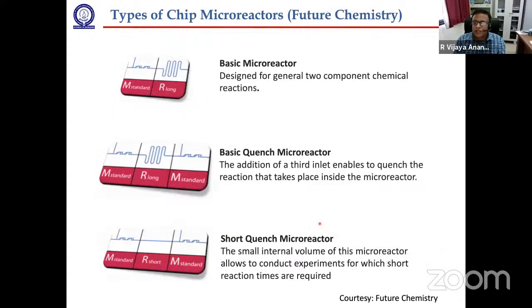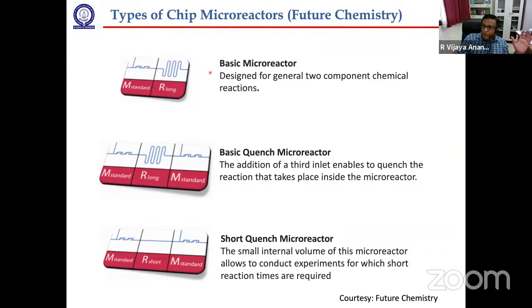So there are different kinds of microreactors available, and I'm concentrating more on lab-based development in this area. There are different types of chip microreactors available, and of course every company makes different microreactors. Just to inform you, I have picked a few. This is a basic microreactor. You have only two inlets, the mixing chamber is here, the reaction chamber is here,